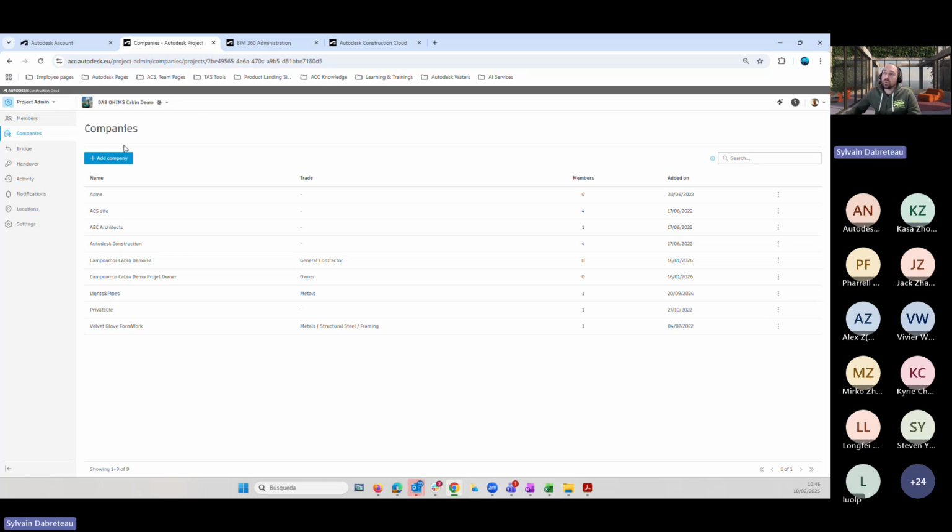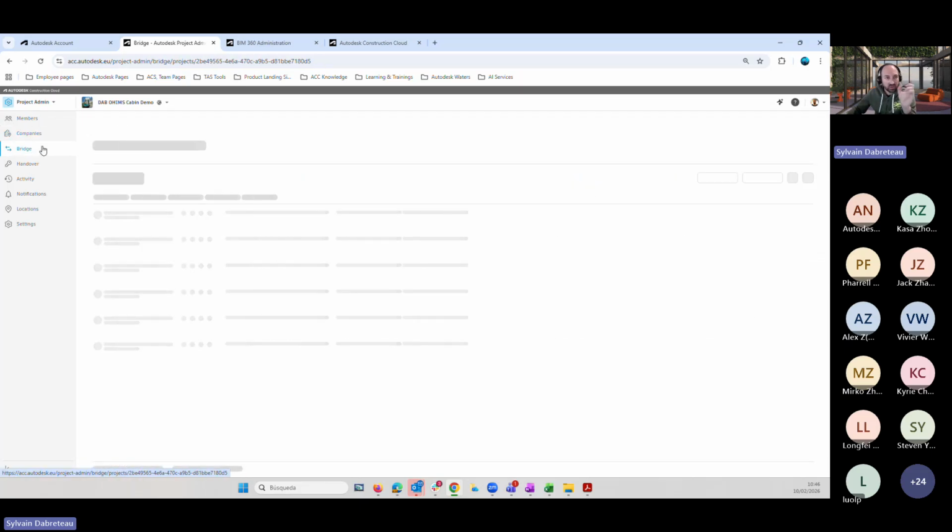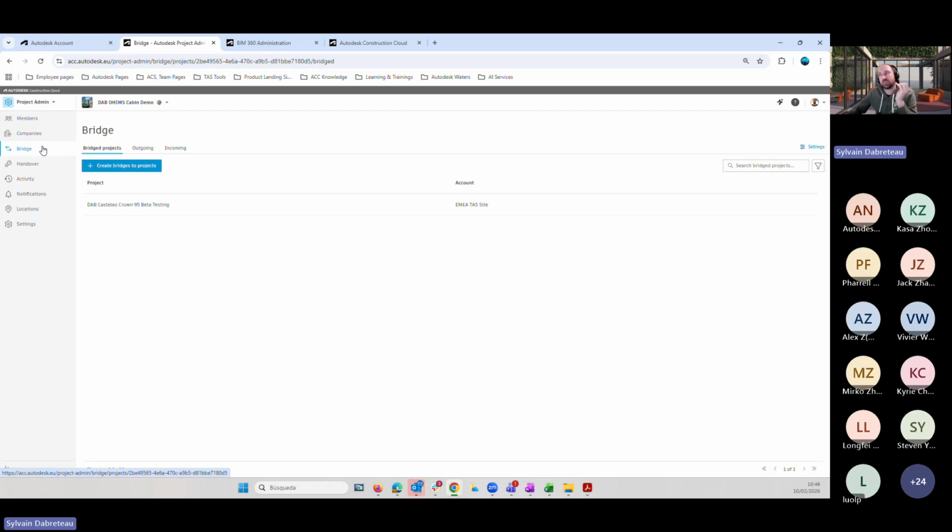Perfect. So project administration. Then I have my members, I have my companies. Maybe I will set some bridges. Alex was speaking earlier about BIM 360. Bridge is not available in BIM 360, for example. What bridge does is help connect different projects together.